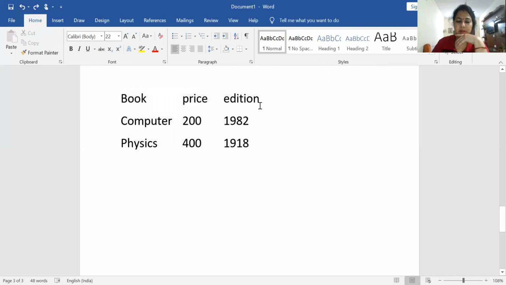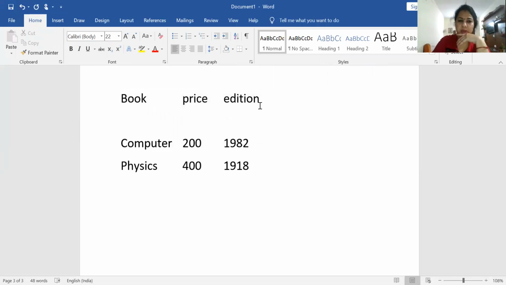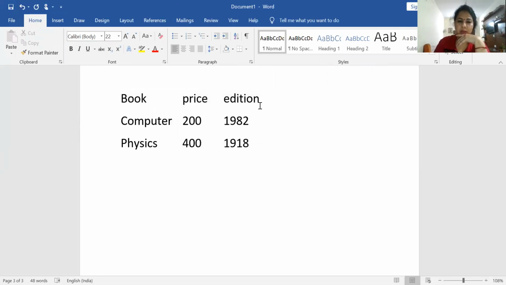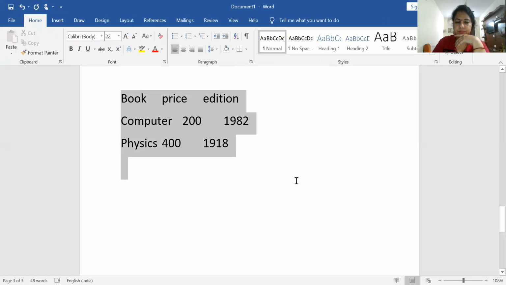I have to press the enter key, with just one tab key.